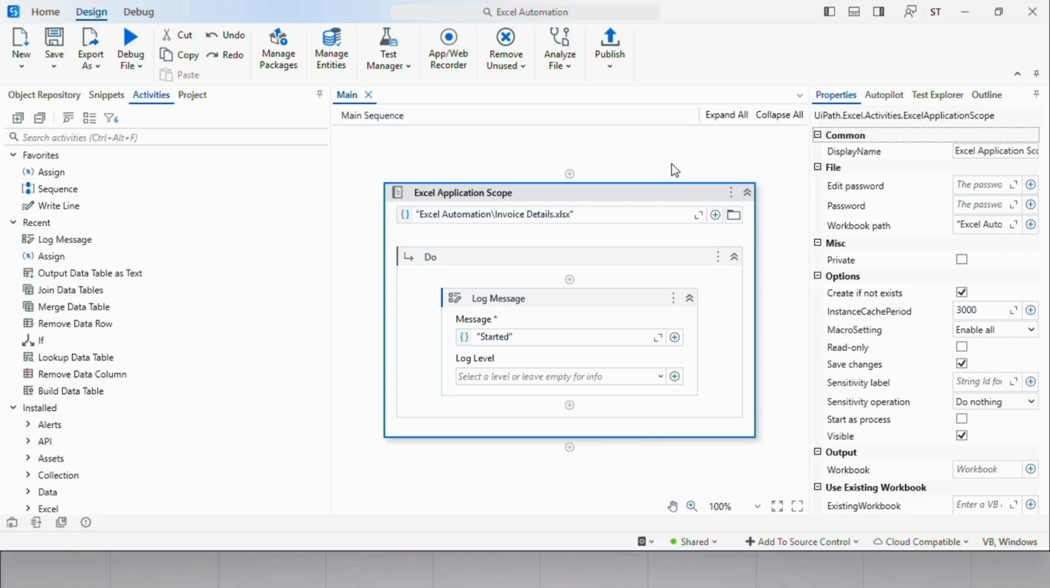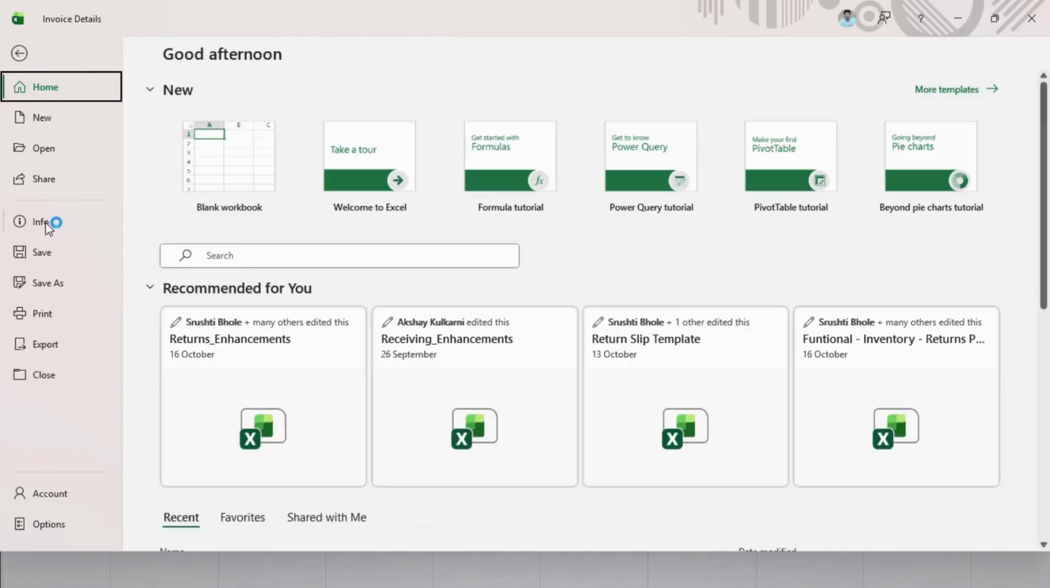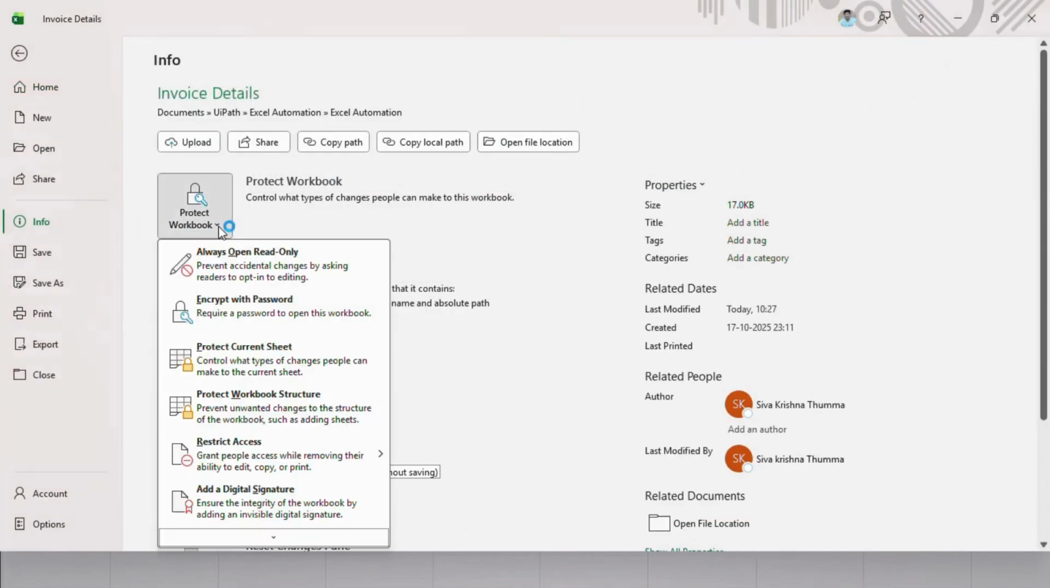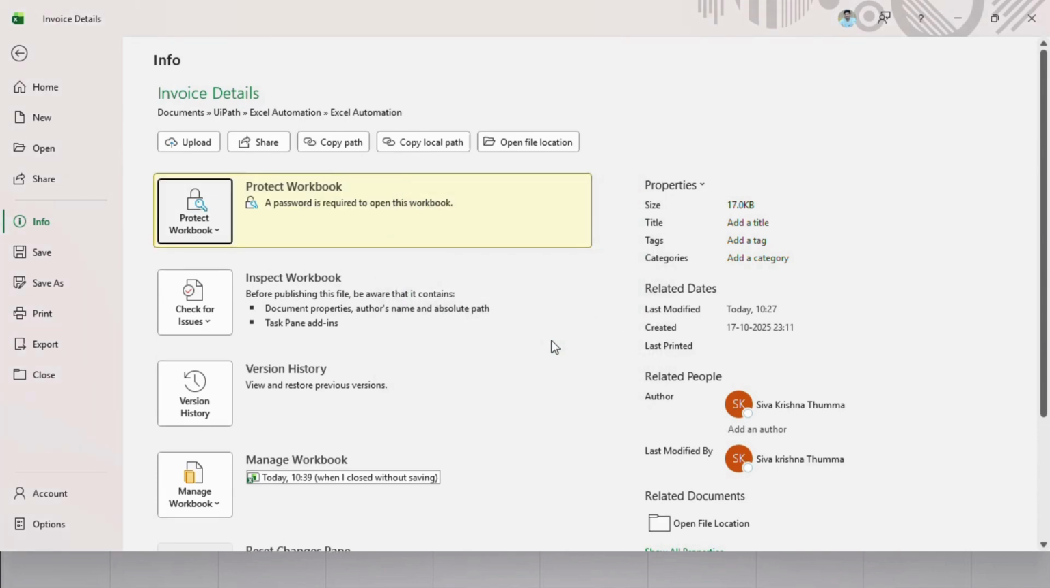Now let's talk about the properties available for the Excel application scope. Password. In case the input Excel file is password protected, we need to mention that password here. So let me show you how we can create the password for the Excel. We need to go to the file, click on info, click on protect workbook, click on encrypt with password. So here we need to provide the password and re-enter the password. Click on OK,